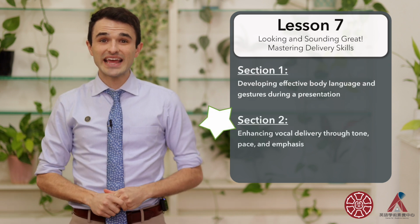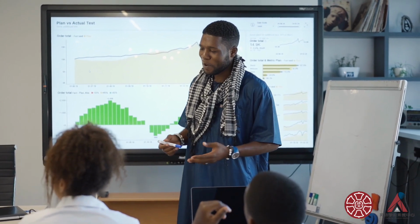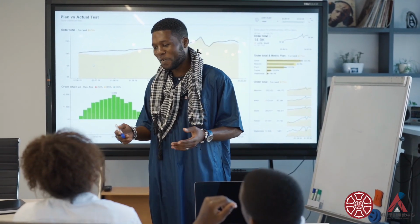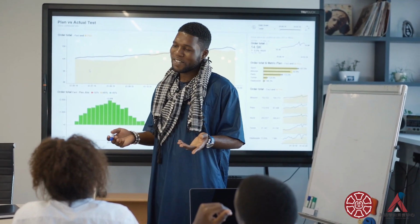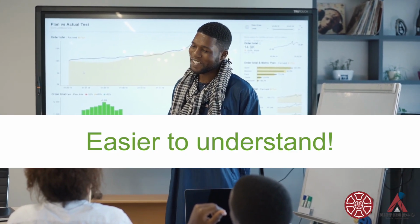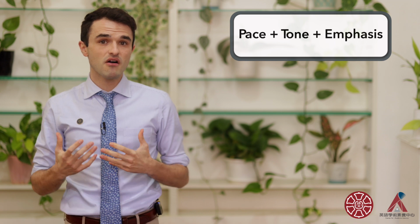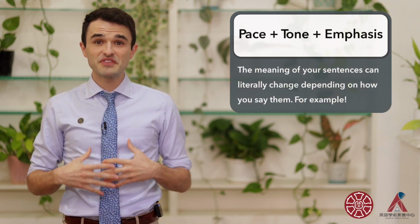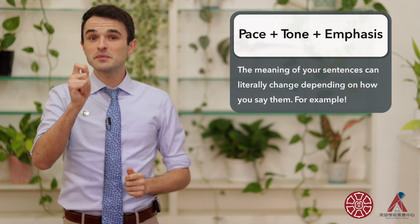Section 2, enhancing vocal delivery through pace, tone, and emphasis. Engaging presenters speak with natural pace, tone, and emphasis. Speaking with natural pace, tone, and emphasis makes your presentation easier to understand and makes your presentation more engaging. Pace, tone, and emphasis are also so critical that the meaning of your sentences can literally change depending on how